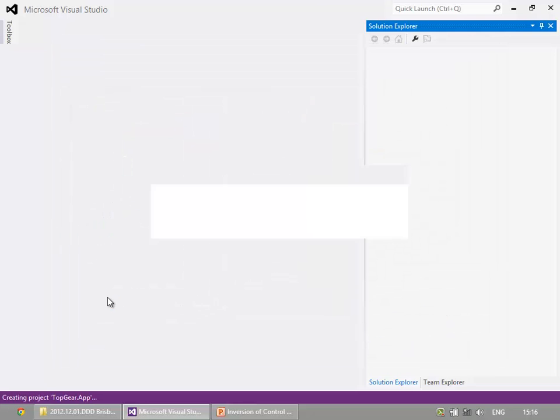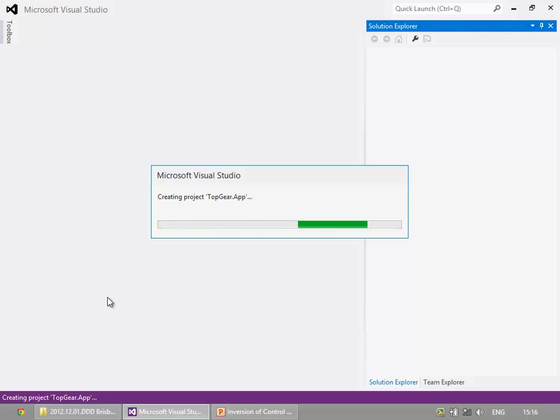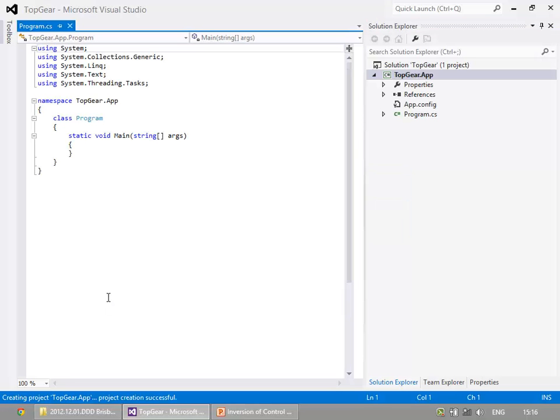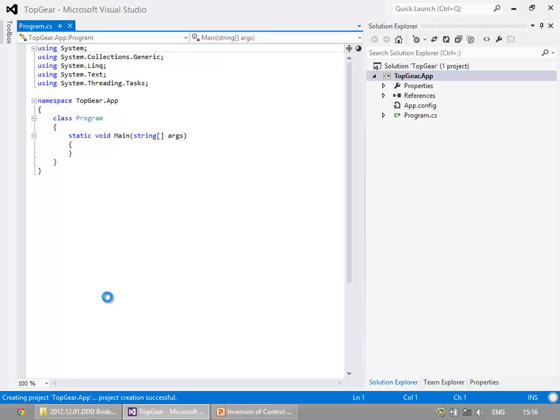All right, so we're going to write Hello World. And then we're going to add a little bit of logic, and then we're going to add some complexity so that it's difficult to test. Right? So the whole point of IoC is to enable the dependency inversion pattern, which we'll come to. And the whole point of the dependency inversion pattern is to allow us to make our code testable. Okay, so let's kick off.